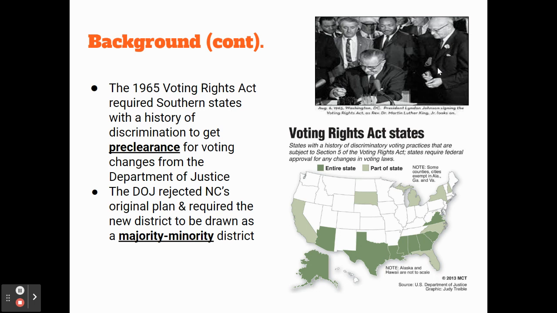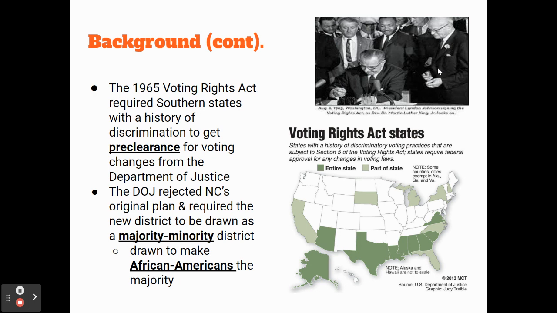So when North Carolina draws its districts because of the new census data in 1990, and because they're on this list, they have to submit the new plan, because it's a change to the voting process within the state, to the Department of Justice. So North Carolina submits the changes, and the Department of Justice rejects the new drawing of the districts. And what they basically tell North Carolina, with very specific instructions, is that they want this 12th district to be what we call a majority minority district, meaning they want the district to be drawn intentionally to capture as many African Americans as possible so that the African American demographic, which is the minority in the state, will become the